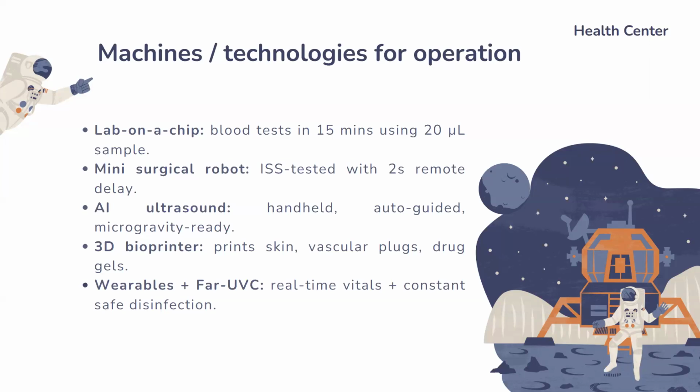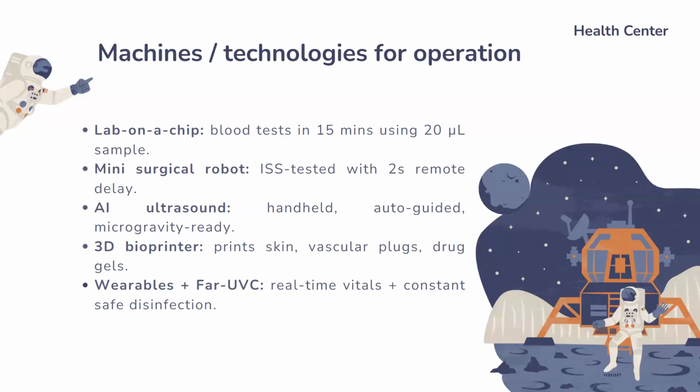Then comes the mini surgical robot, and one of the robots that I've seen was Space Mira, and it has undergone functional trials in space analog missions, including NEMO and ISS remote latency tests. So it can be operated remotely. It tolerates latencies of about 2 seconds, which is sufficient for missions in cislunar space. ESA has also reported successful demonstration of this robot with robotic surgery in a simulated delayed environment.